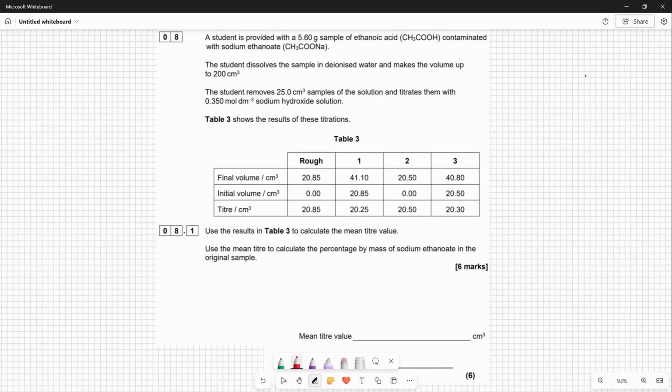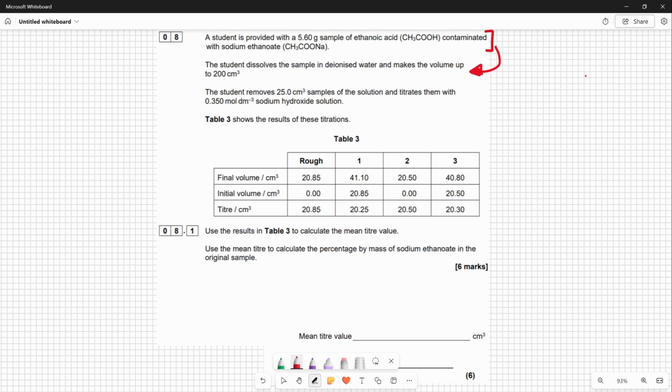So this question tells us that a student is provided with a 5.60 gram sample of ethanoic acid contaminated with sodium ethanoate. The student then dissolves the sample into deionized water and makes up the volume to 200 centimeters cubed. So basically they take this sample and they dissolve it in 200 centimeters cubed of water. The student then takes 25 centimeter cubed samples of this solution and titrates it with 0.35 mole per decimeter cubed